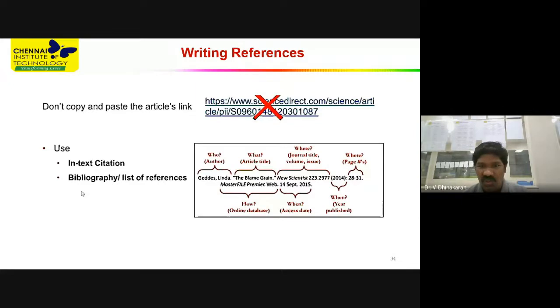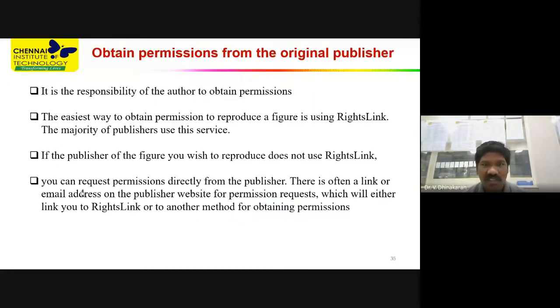So writing references, you have to clearly write the references, and you have to properly obtain permissions. If you are using any contents, or you are copying any sentences, tables or figures, you have to get proper permission from the publishers. RightsLink will give permissions freely from